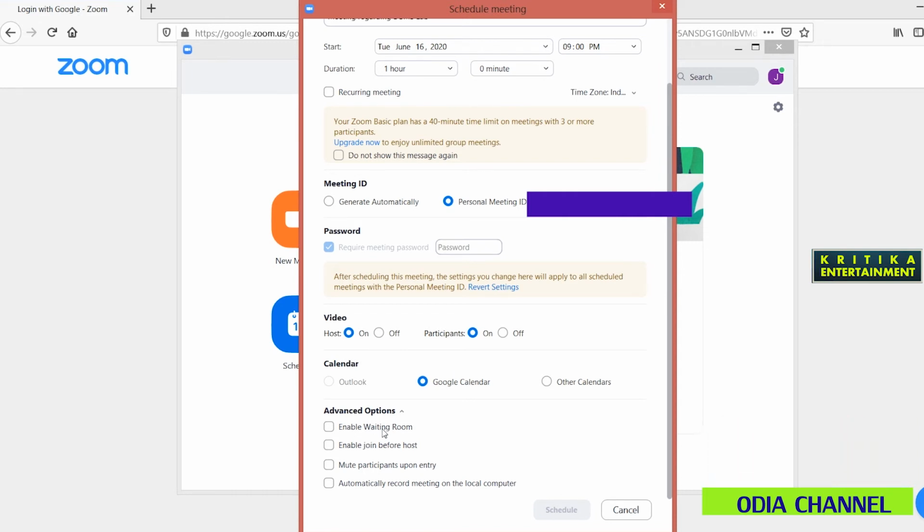Mute participant upon entry means whenever participants enter into the Zoom meeting, at that time their microphone or their sound should be muted. So if you want this, then at joining time, the participants will be muted. And automatic record means whenever you log into Zoom, it will automatically start the recording. Okay, so here what will we do here,